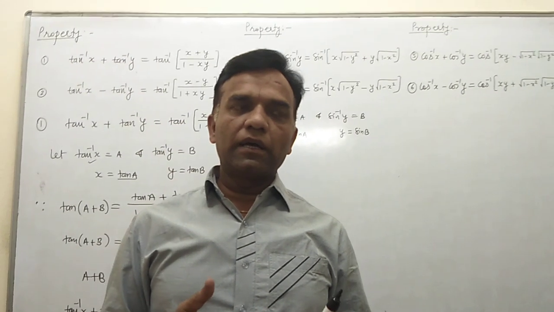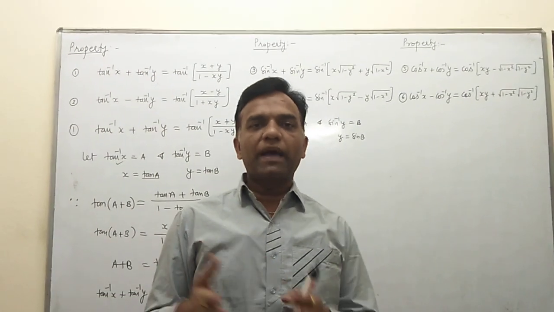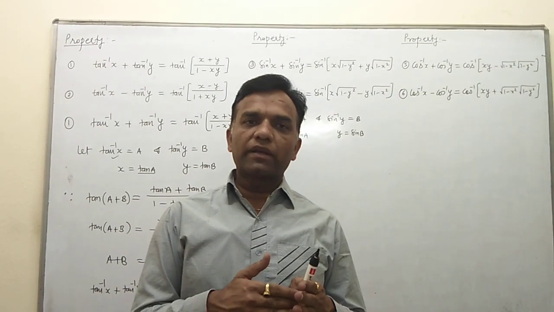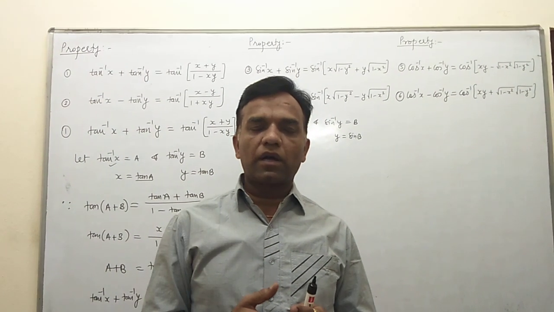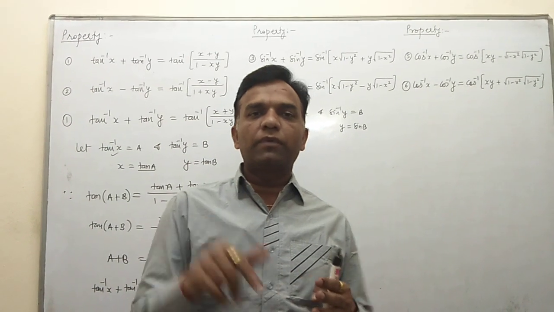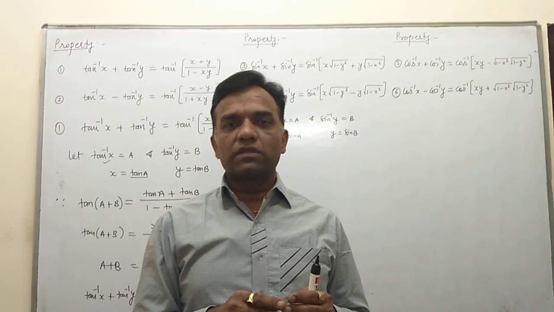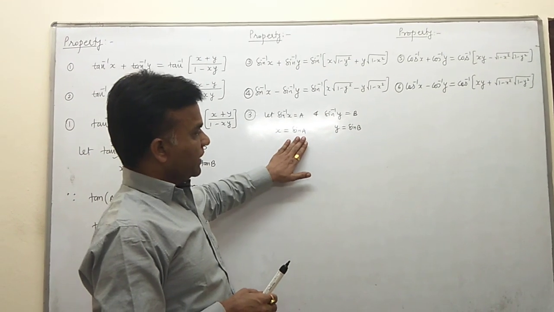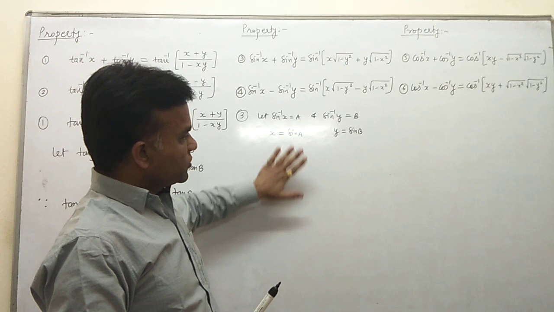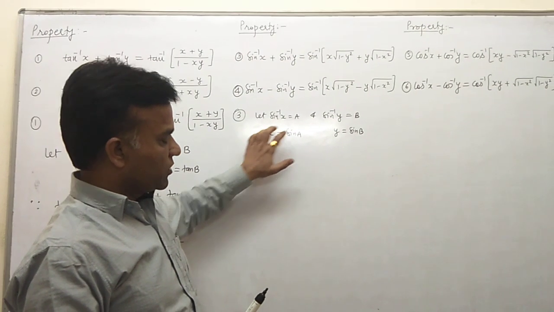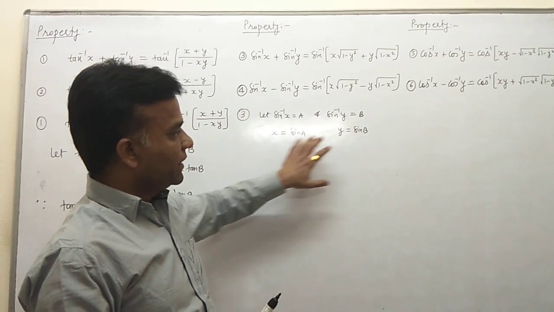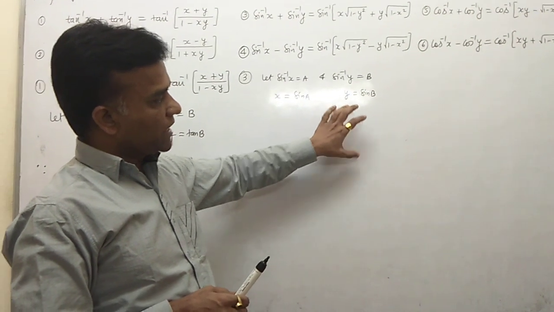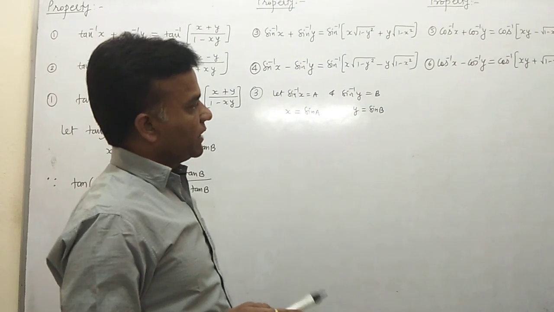Now in the formula for tan we have both values in the form of tan, but in the formula for sine we have one trigonometrical ratio with respect to sine and another with cos, because sine of a plus b is a product of two trigonometrical ratios, sine and cos. So sine a cos b plus cos a sine b. Here you have the value of sine a, but you do not find cos a. So first you derive it using the Pythagoras theorem and find cos a, and similarly you have sine b here, but cos b is not here. So using the same concept of Pythagoras theorem you find the value of cos b.